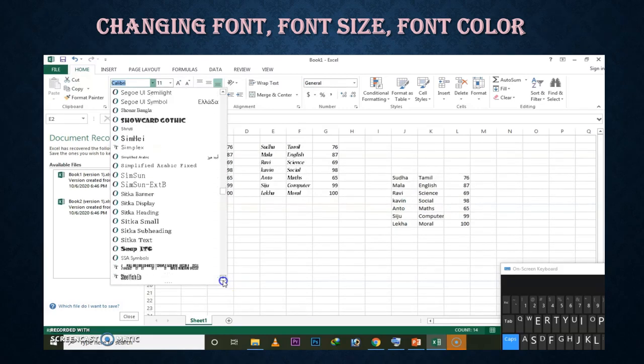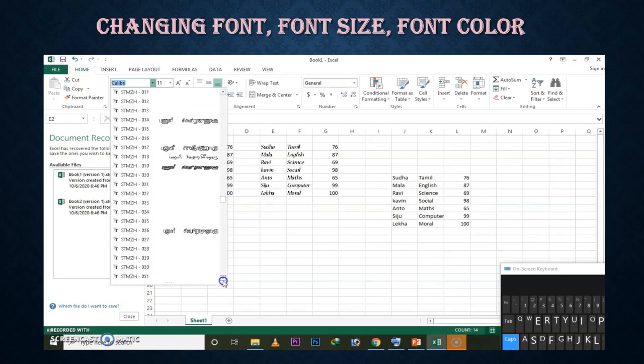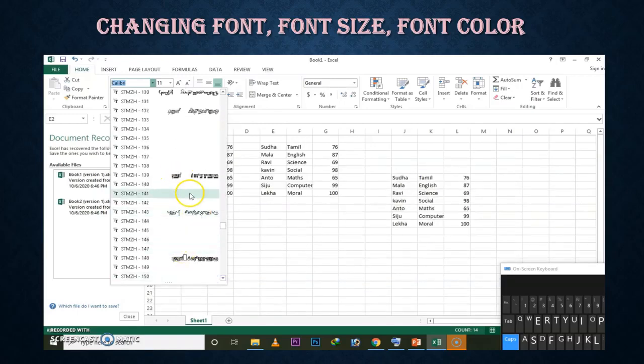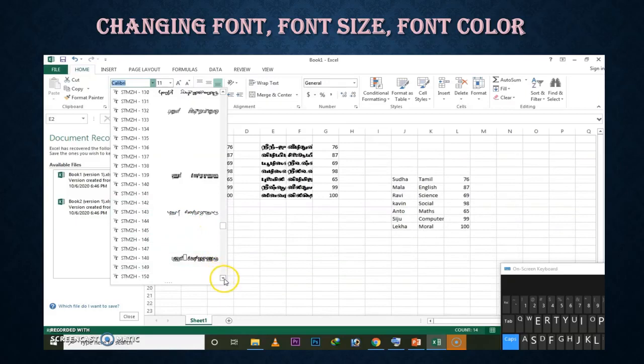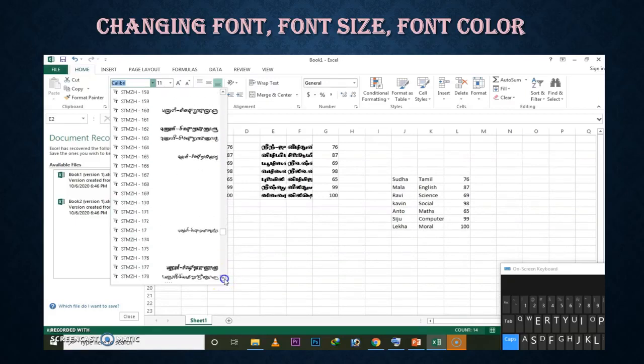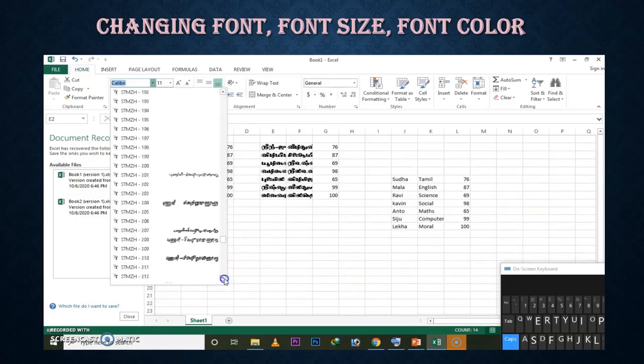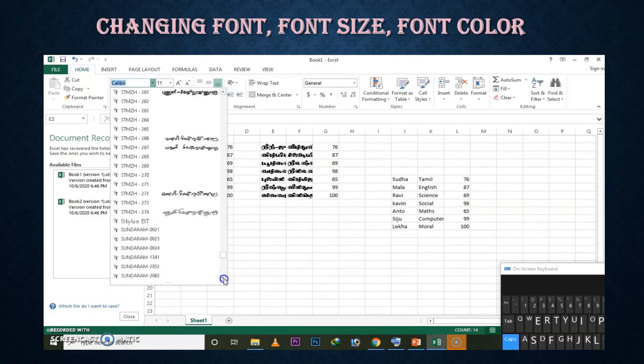Are you all listening? Yes, there is more. Plenty of styles are available. I'm just scrolling. You can see the changes. Am I right? If you have a laptop or a computer, you can open MS Excel 2016 and check it.